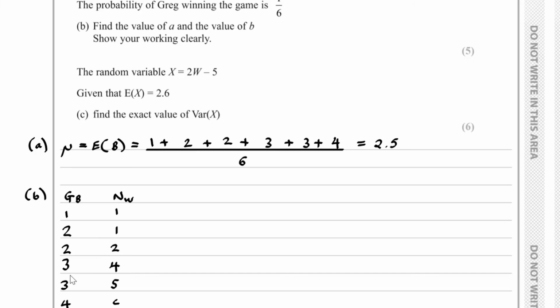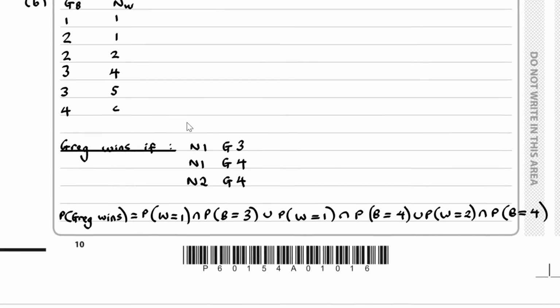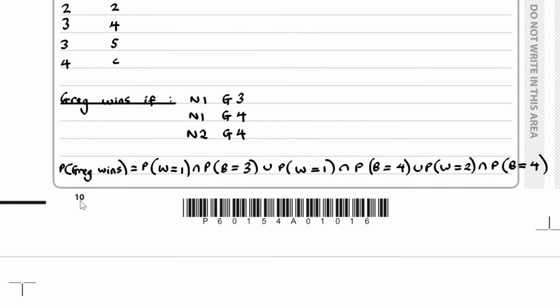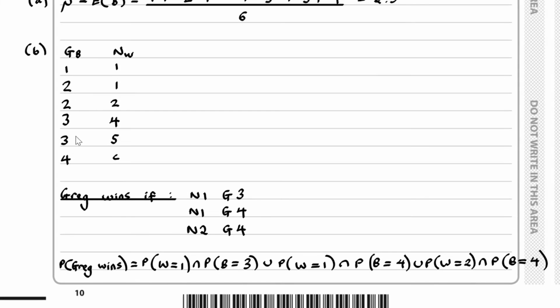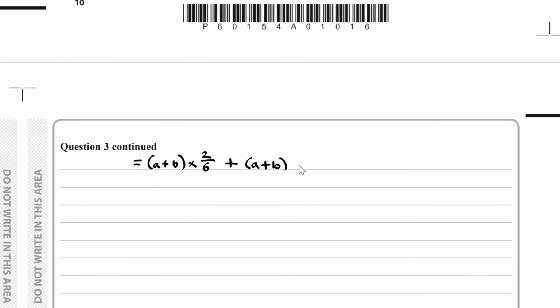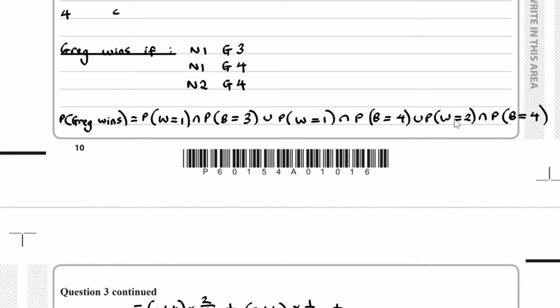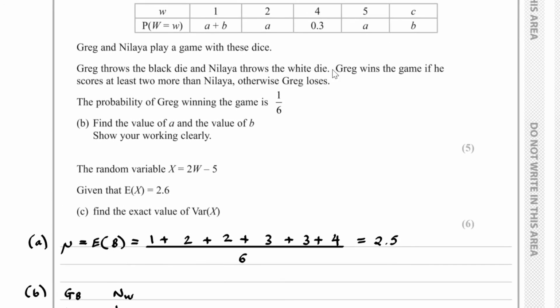So now that's the probability of black equaling 3, so there's 2 3s over here out of 6. So we multiply by 2/6, and then we have the probability of white equaling 1 again, that's A plus B. And then black equaling 4, well, there's 1 4 out of 6 in total, so we multiply this by 1/6, and then we have white equaling 2, so W equals 2,